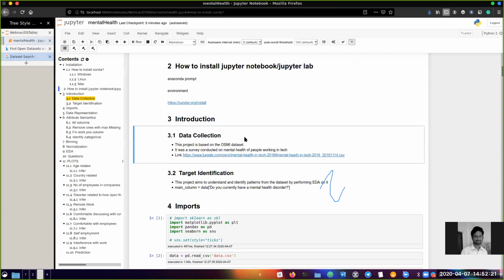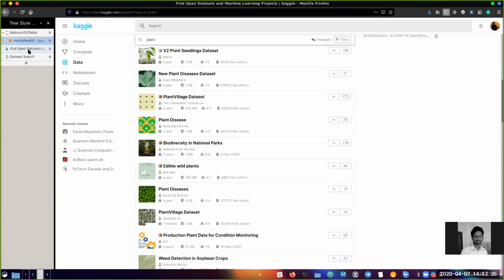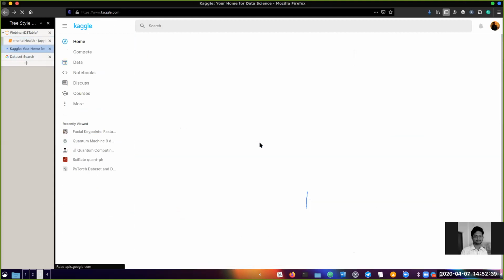Okay, now that you have the data, you need to first identify what you want with it, which is the most important part. So this is called identifying the target. And the whole point is any data set, anything you pick up, be it plants, I don't know, corona, steel,